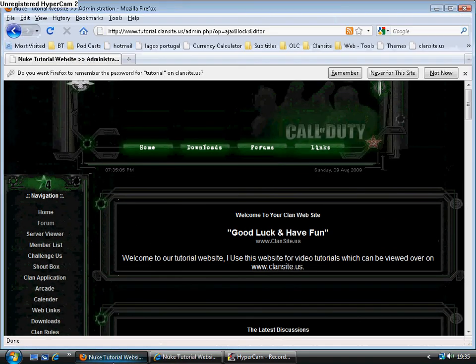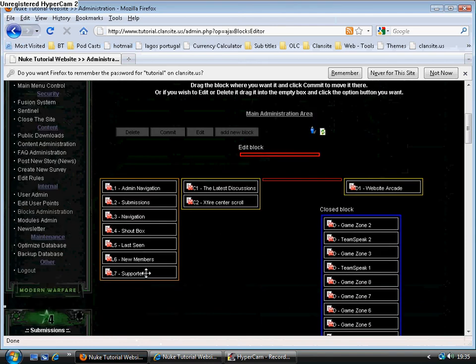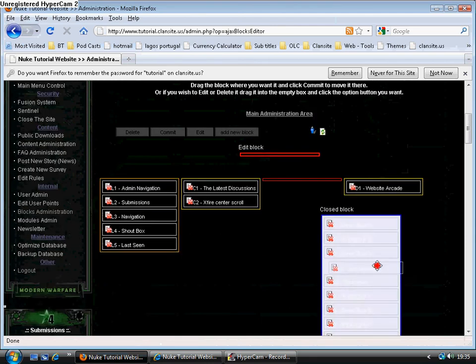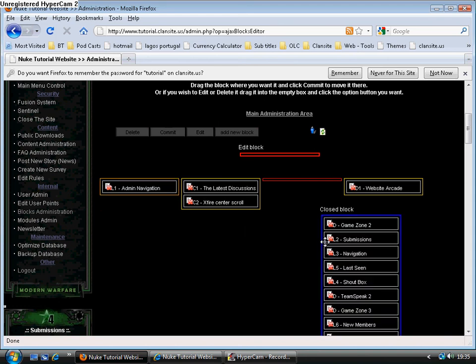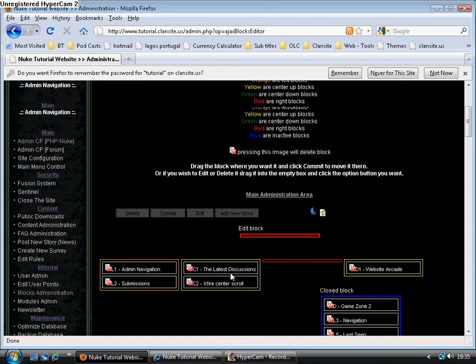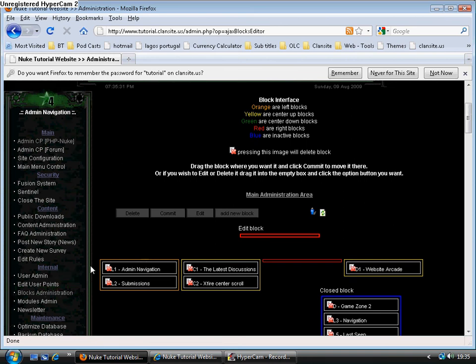Some people do say that if it's too complicated, too many blocks, etc. In this scenario, simply remove all the blocks from the left hand side, except of course administration and submissions, because we will need to see them for site tasks. These will only be displayed when you are logged in as an admin, so a normal user or a member will never see these two blocks. These are only visible to administrators. So I'll commit the changes,